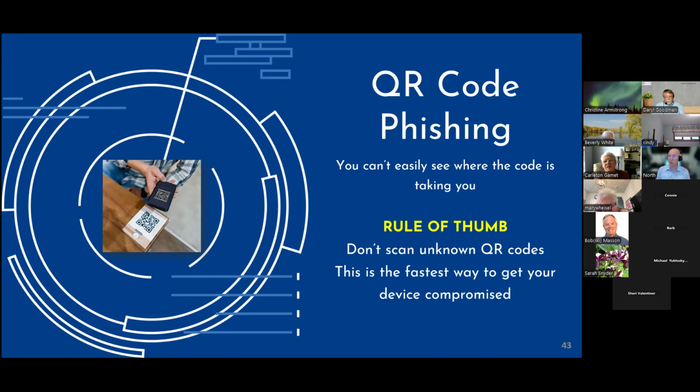What I'll do is I'll take a picture of the QR code, and then, because I'm a super nerd, I will take it to a QR code decoder and see where it's taking me before I touch that button and route my device there. So I have some tools, and I can share some tools if anybody really wants to get that far into it. They're online, called QR code decoders, that allow you to snap a picture of the QR code without navigating to it, and then you upload that photo of the QR code to the decoder, and it will tell you exactly where it's going and if it's malicious or not.